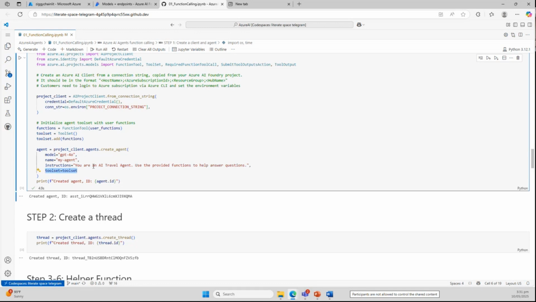This is the only code. This line here will tell the agent that, based on the questions and this instruction, get everything from this tool set. Get all the answers there. And that's it. There's no if and else statement.